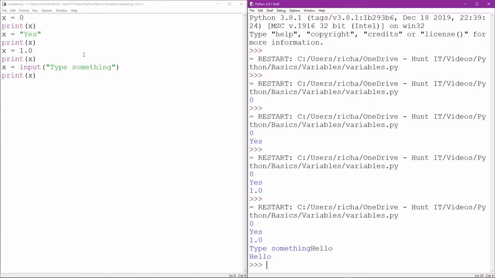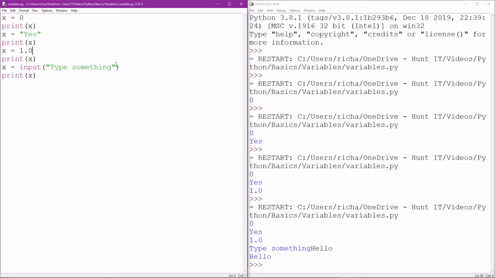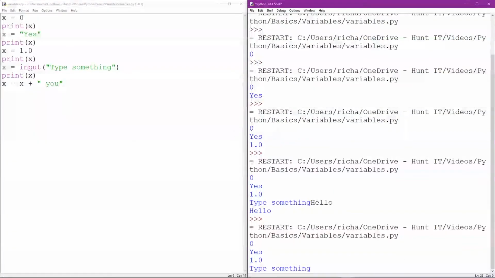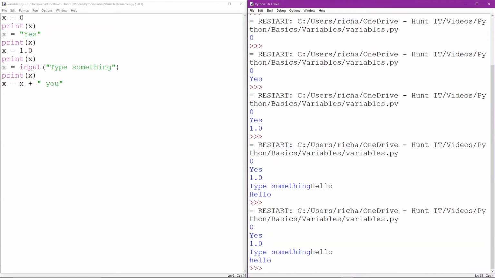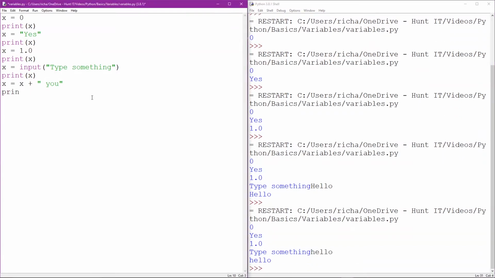Now what you'll find happening is it's basically overwriting the value every single time, so it's reassigning a new value over the top of it, and it forgets what was there previously. If you want to actually keep the value each time, you have to do a bit of concatenating or joining or multiplying or adding or whatever you're doing at the time. So if I were to do x is equal to x plus something like that, what we'll find is when I print it out,